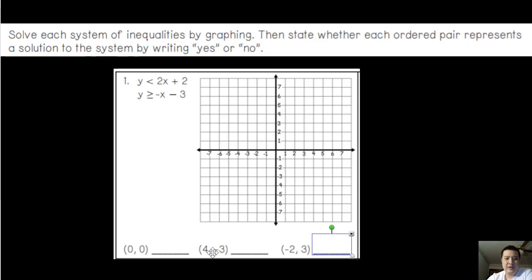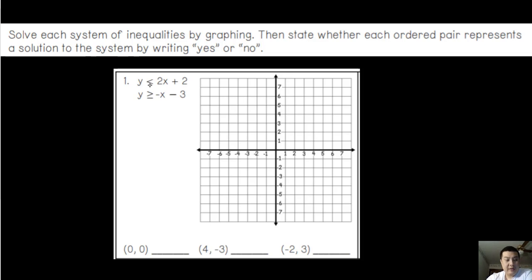4, -3, and -2, 3, are going to be part of this system, if they will work and make these inequalities true. Now, what we could do is plug all these into both of these and see which one makes both of those true. But another way we can do that is by graphing both of these inequalities onto a coordinate plane. So here,